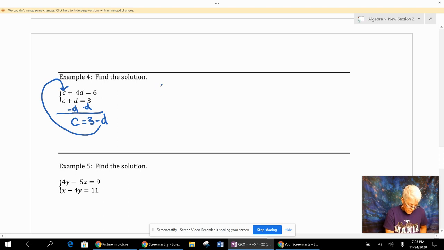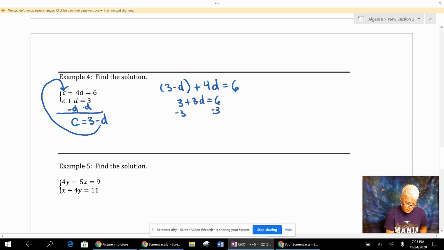Let's see, that's going to be 3 minus d. Now, I really didn't need to put it in parentheses. I did it mostly so that you could see it. Now I'm going to drop the parentheses. I have a negative d and 4 positive d's. So now I have 3 plus 3d